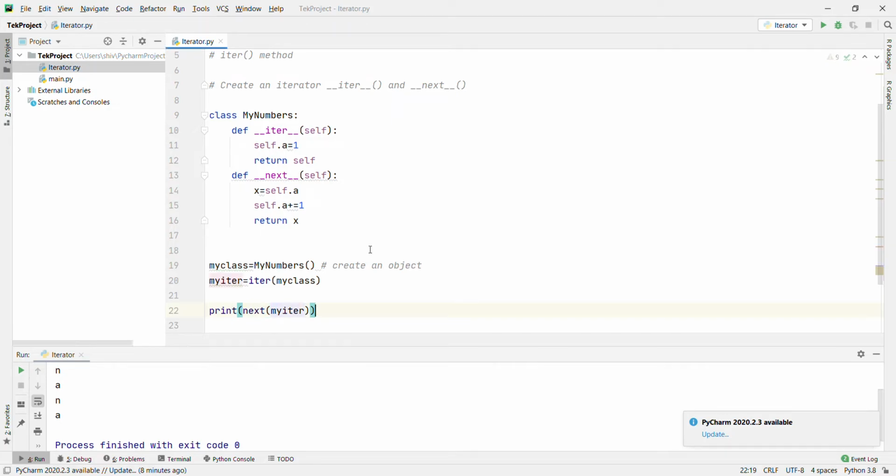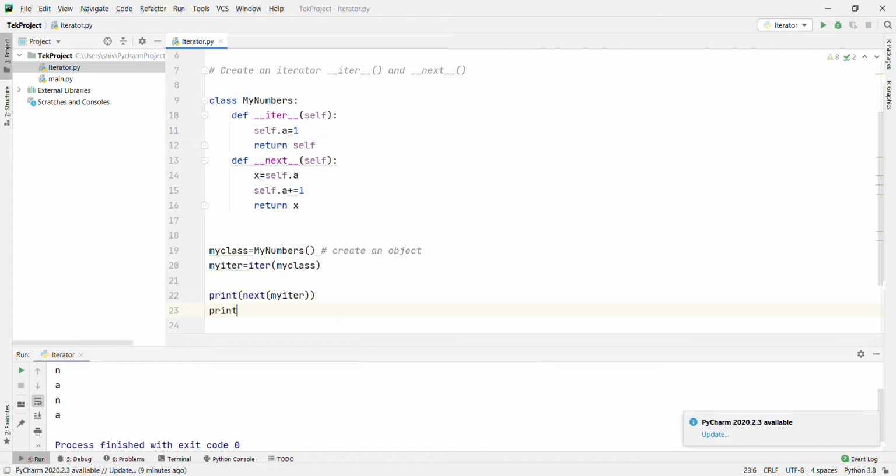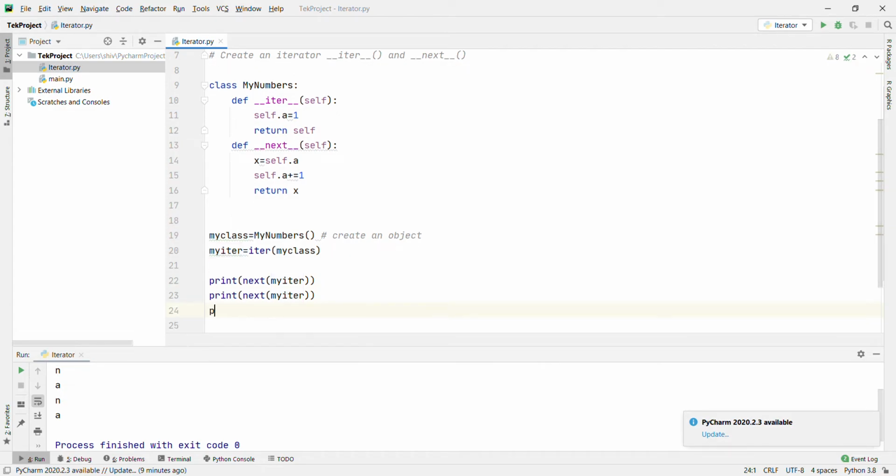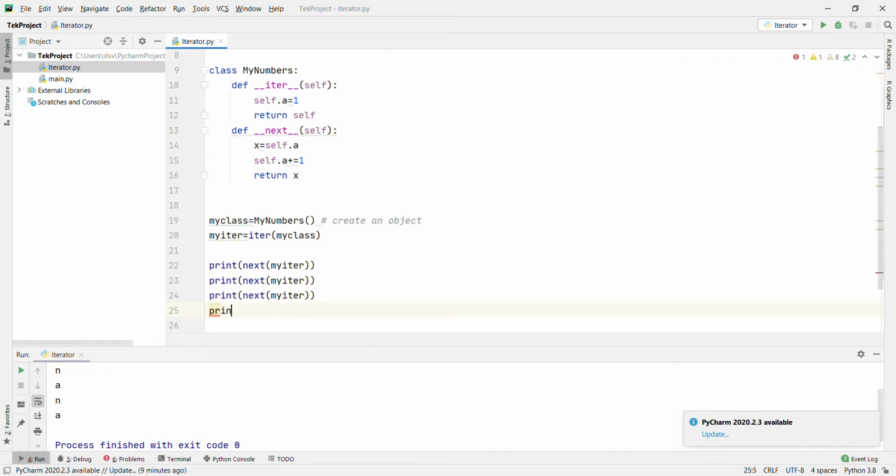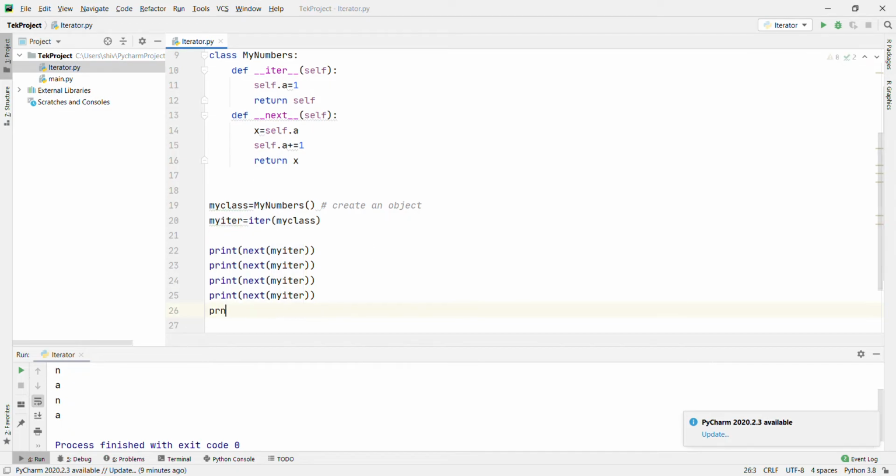Print next myiter, and print next myiter, and print next myiter, next myiter. It will print one by one. First it will print 1, then 2, then 3, then 4 and 5.